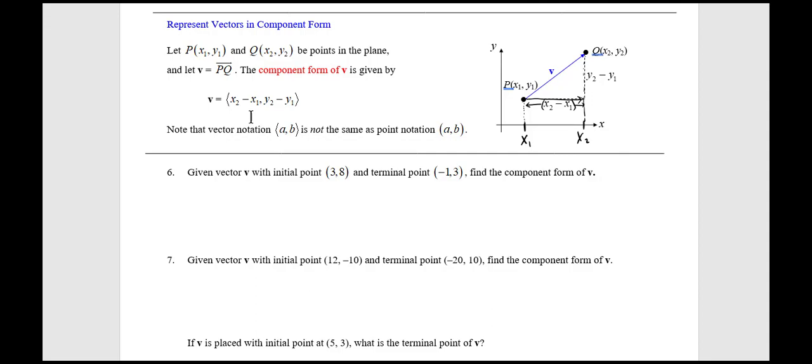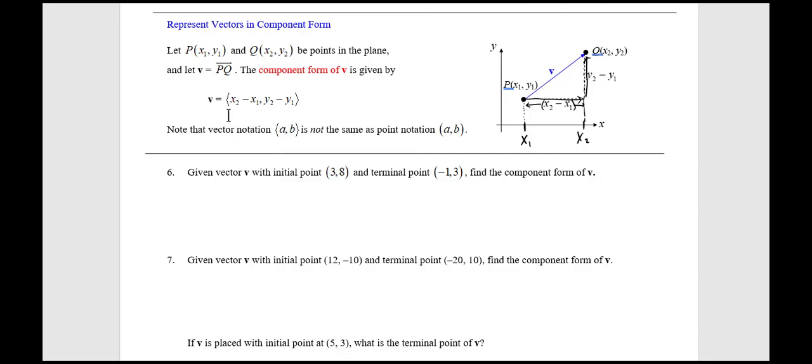So we put those numbers, x2 minus x1, the distance we had to travel in the x direction, and likewise y2 minus y1 would give you the distance you have to travel in the y direction to get to your terminal point. Just put those in a special sort of notation, these triangular brackets, we'll call those vector brackets,